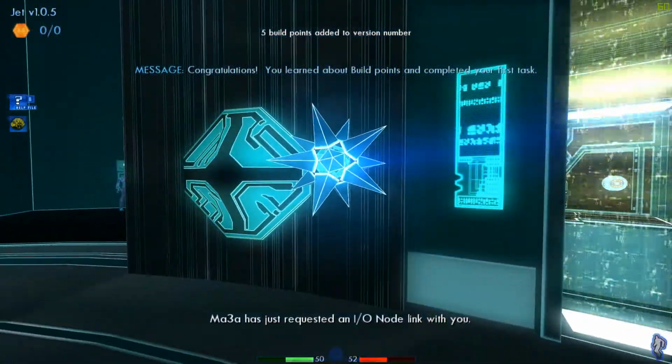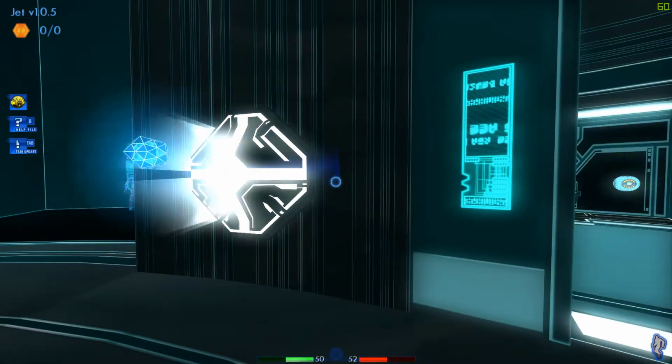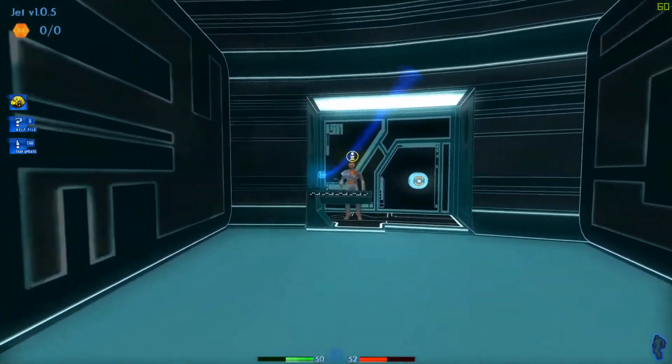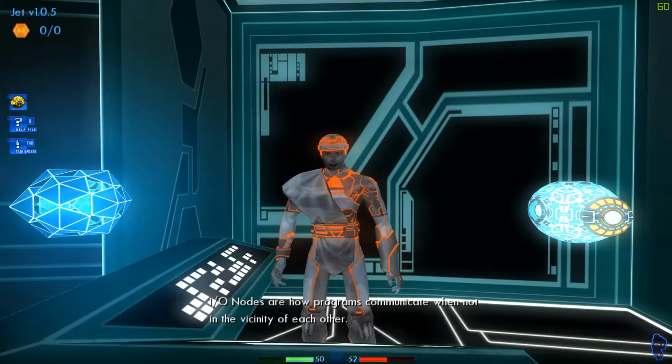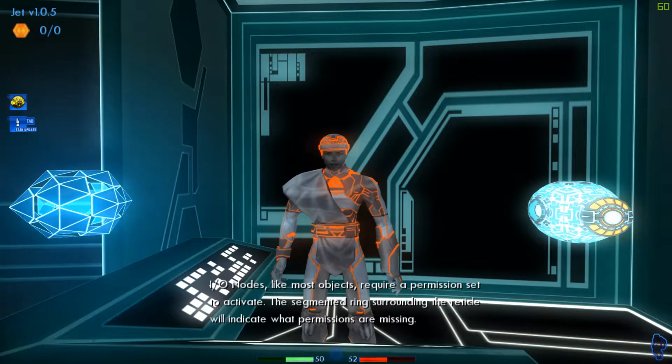Mathria has just requested an IO node link with you. Tell me about IO nodes. I/O nodes are how programs communicate when not in the vicinity of each other. I/O nodes, like most objects, require a permission set to activate.